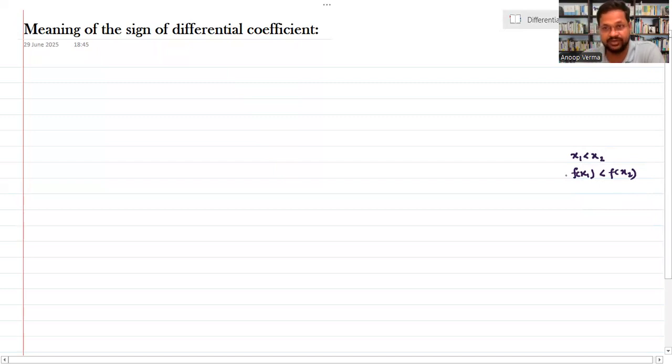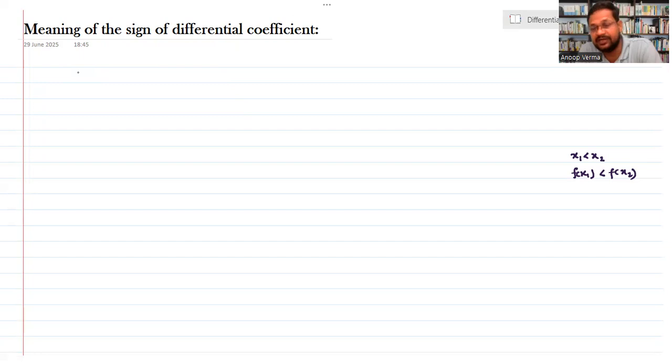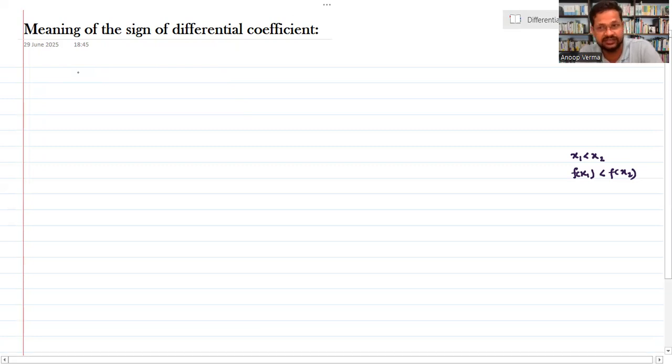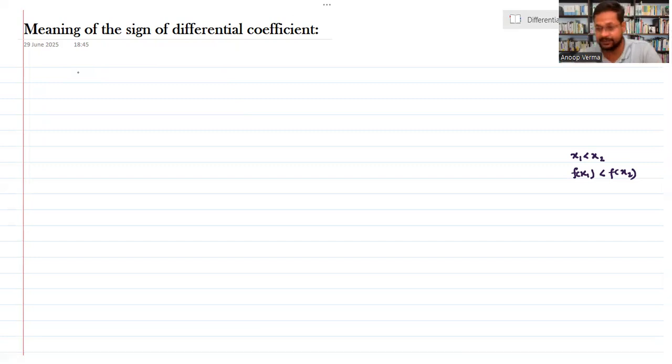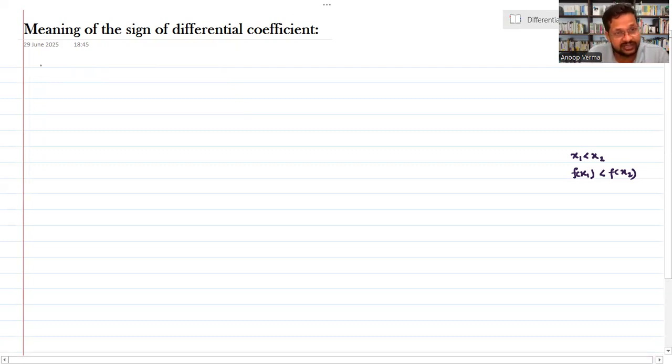Okay, at that point. So let us see how we can see this. We will prove it both ways: if the derivative is positive, it means the function is increasing at that point. If the derivative is negative at that point, the function is decreasing at that point. Okay, so let's start with this one. Let this f(x) be a